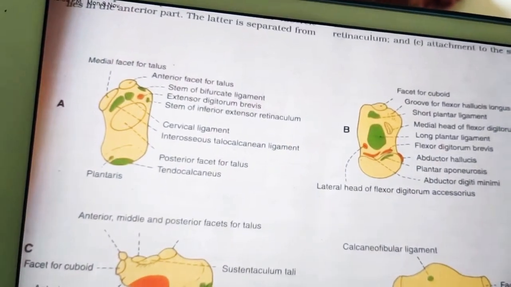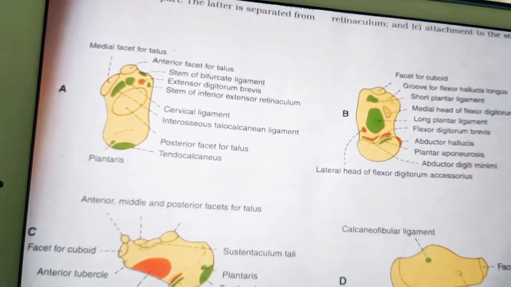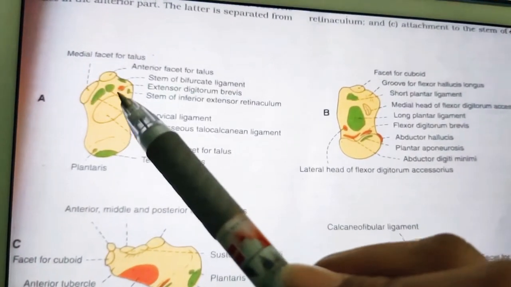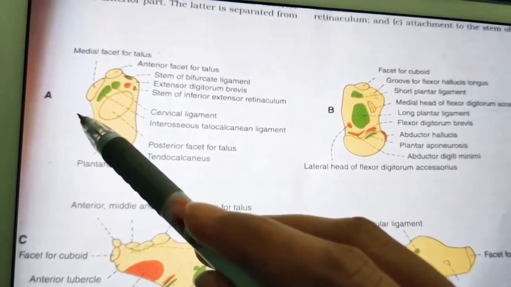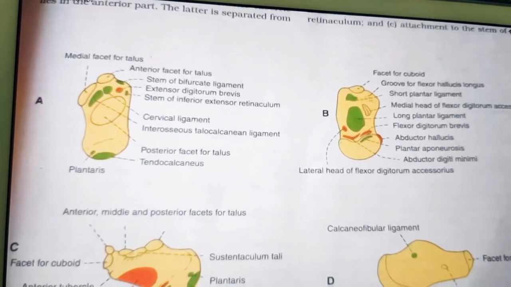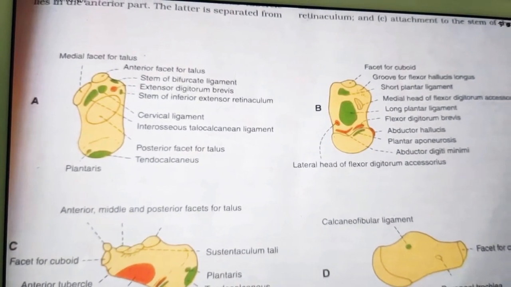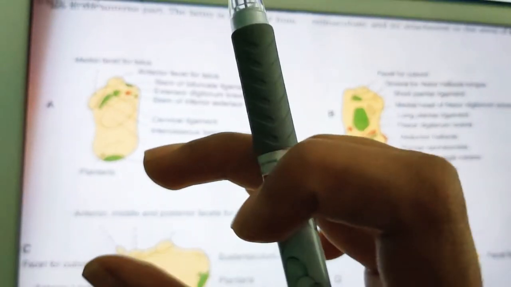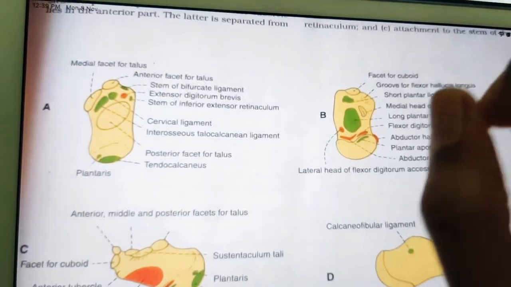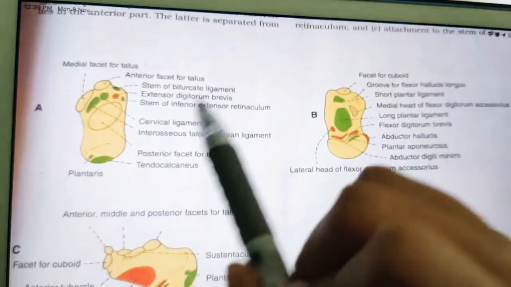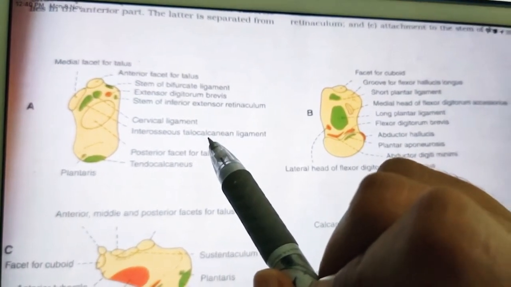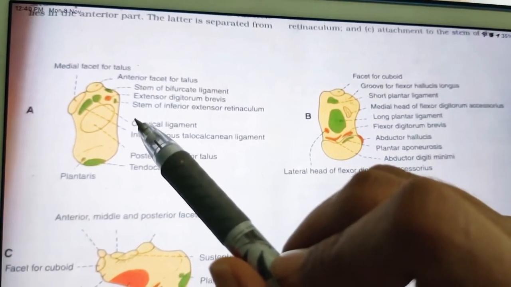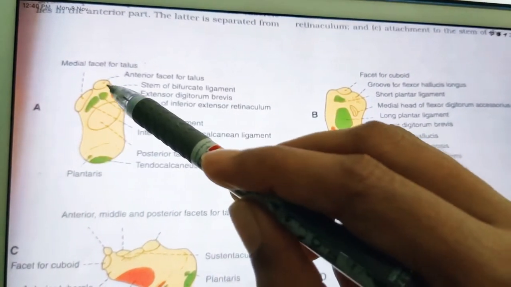Okay, so remember all these are on the lateral surface. Now coming to the medial side, there is a narrow part of non-articular area which forms the sulcus calcanei on the medial side. Actually, you can observe it when you articulate both bones, the talus and calcaneus. In between them there will be a narrow gap called the sulcus calcanei, and it provides attachment to the interosseous talocalcaneal ligament over here.